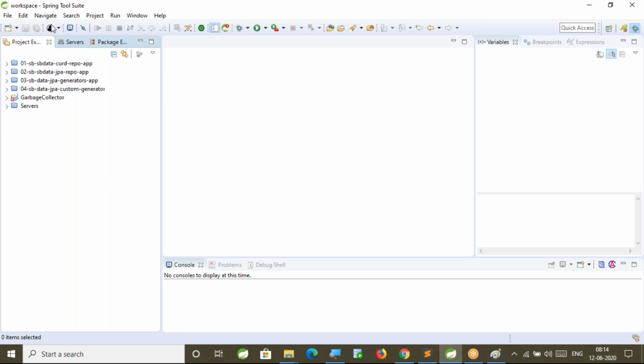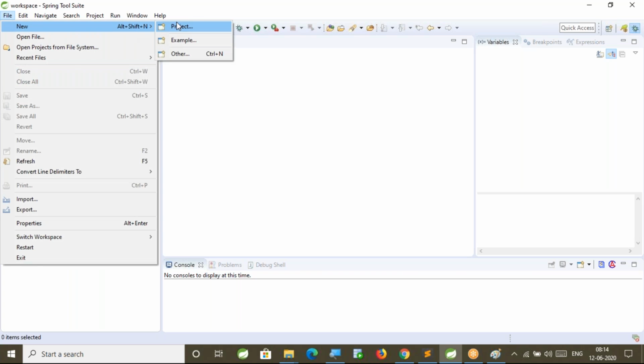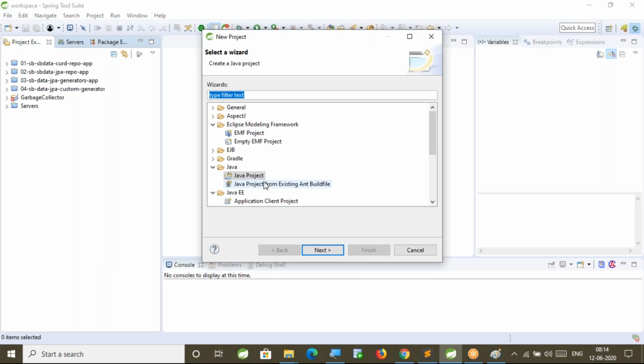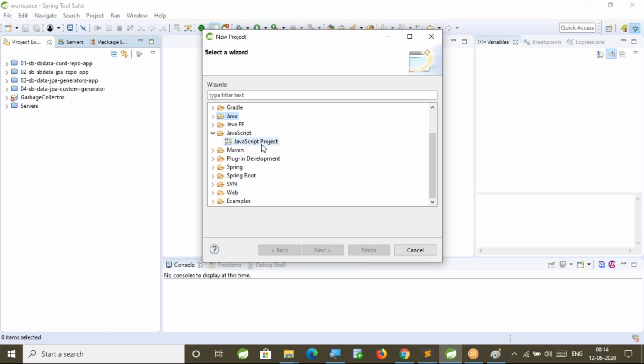Fine. I open my ToolSuite IDE, file, new project. Here there are several options available. I'm going to choose the option as Spring Starter Project. It represents Spring Boot.